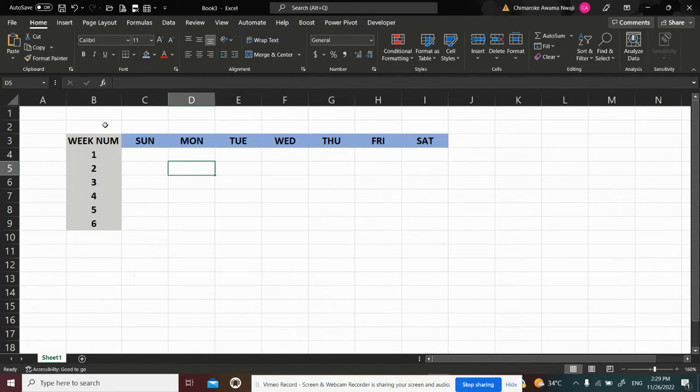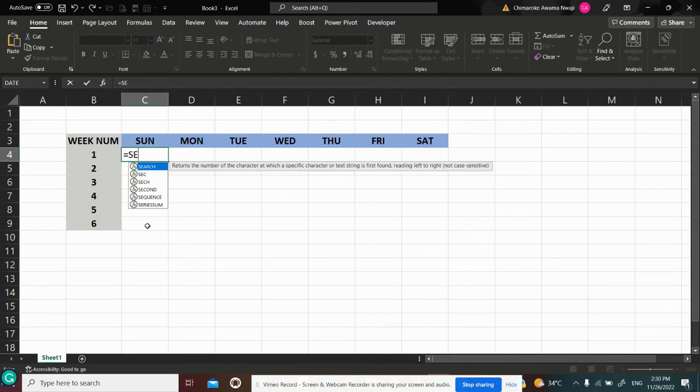All right, the next thing I'm going to do is create my month, the month I refer to, and I'm going to do that in a moment. But before I do that, let me populate some of the numbers that I'm going to be putting in this rectangle space. Now, I'm going to be using the sequence formula again to populate numbers from Sunday and from row 1 down to row 6. Now, what will I do? I'll go back again to the sequence formula. Sequence,